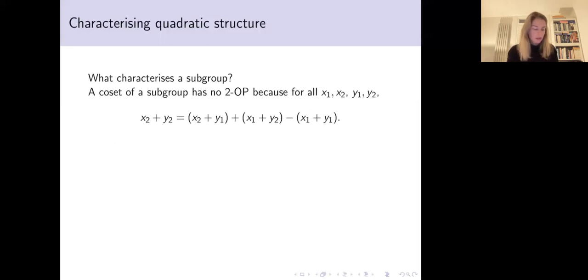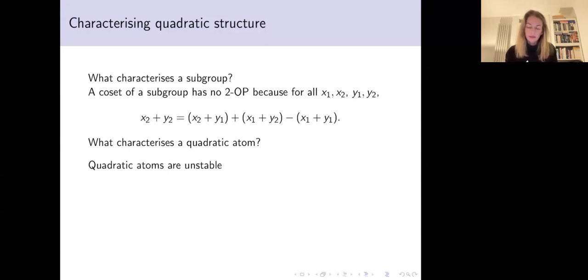So let's ask the same question: what characterizes a quadratic atom? It's not stability, or the absence of an order property. In fact, quadratic atoms are unstable. We proved that in our paper. It's not very hard to see. And in fact, it's worse than that. They even have unbounded VC dimension. But they do have another very nice property,